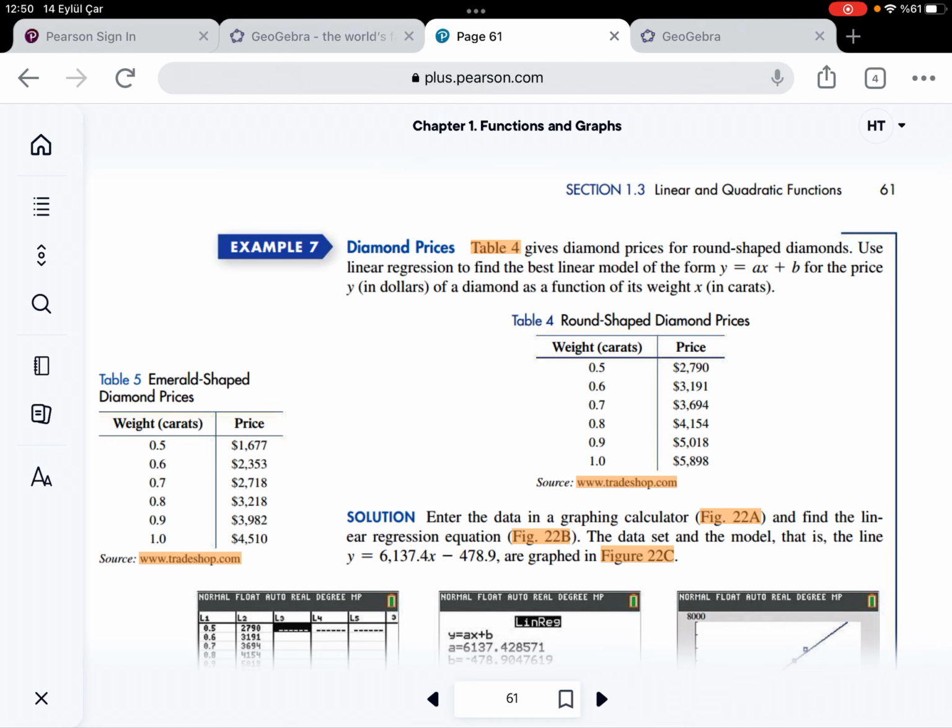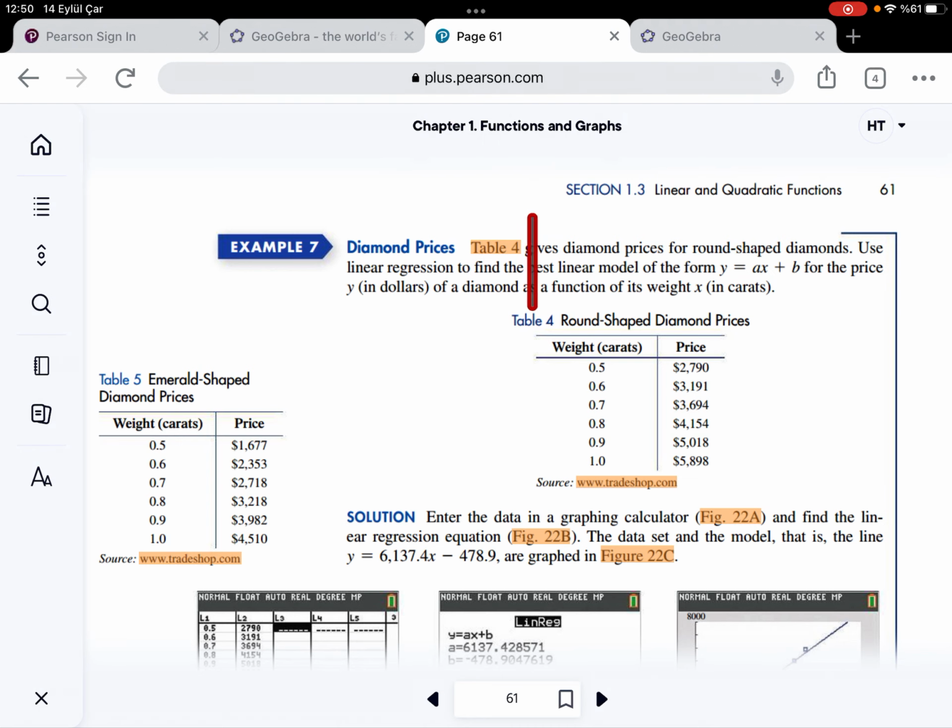But in general, analyzers have more data. So by using all the values, how can we calculate this price demand equation or this relation? For example, I will try to explain on the following example.